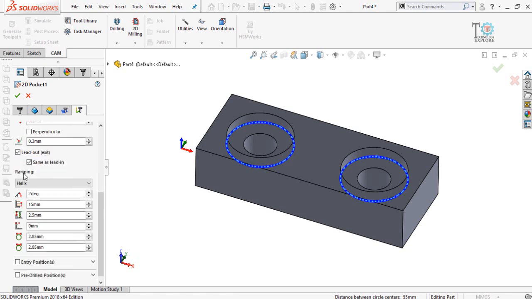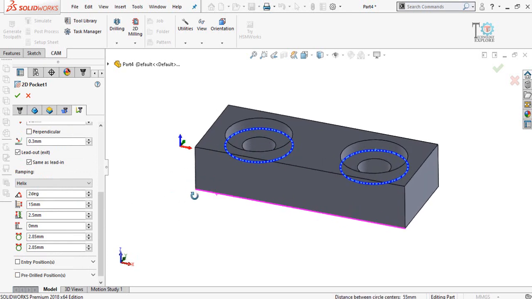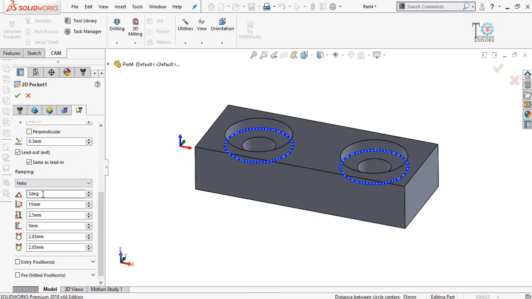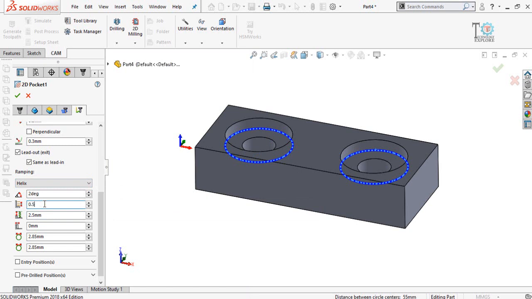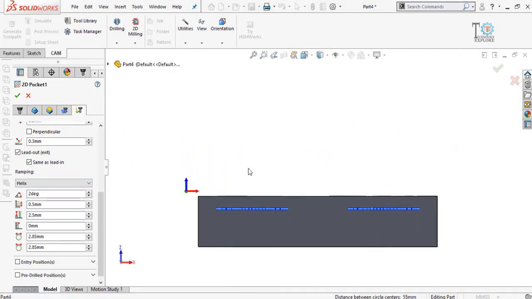Here is the ramping. So ramping is basically the strategy how the tool will penetrate into the raw material or stock. If I hover the mouse here, you can see the type of ramps. For now I'm going to select helix, and helix angle is 2 degree, and then this is the step down ramping, step down 0.5 mm, and then this is the ramp clearance height, and it is, let me show you,